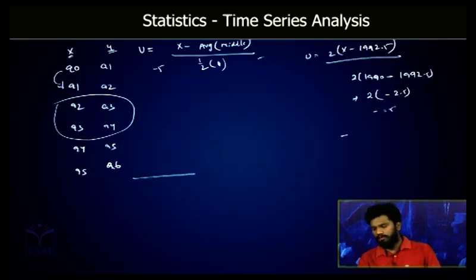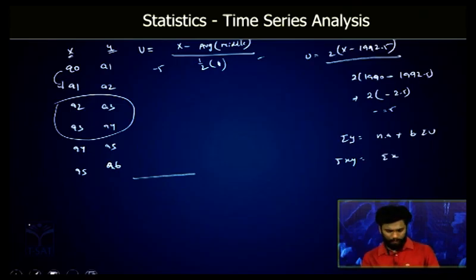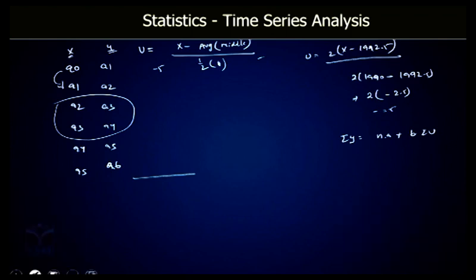The normal equations will be summation y is equal to n into a plus b into summation u, summation uy is equal to summation u into a plus b into summation u square. So using these two, find a, b and substitute these values in our fitted equation y is equal to